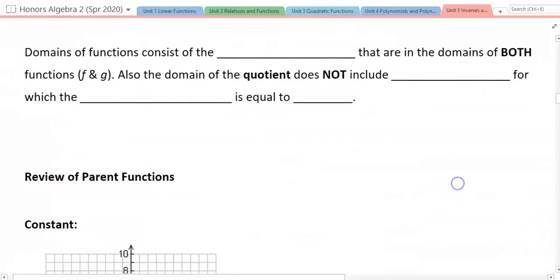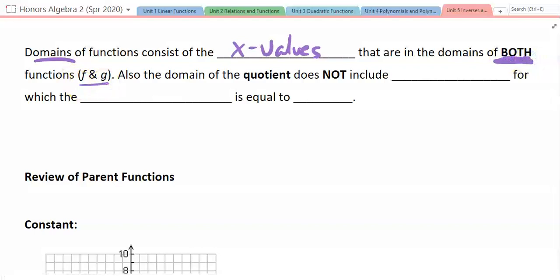But let's come to this statement here. The domains of functions consist of the x values. Remember, we're talking domain, right? Domain is the x value. So the domain of functions consists of the x values that are in the domain of both of the functions f and g. And again, we could have any two letters here, but we're going to use f and g